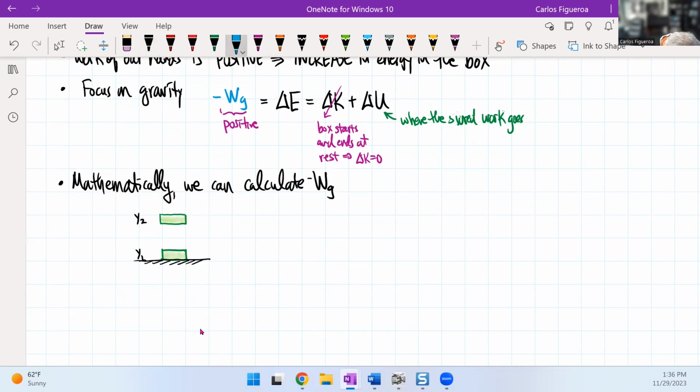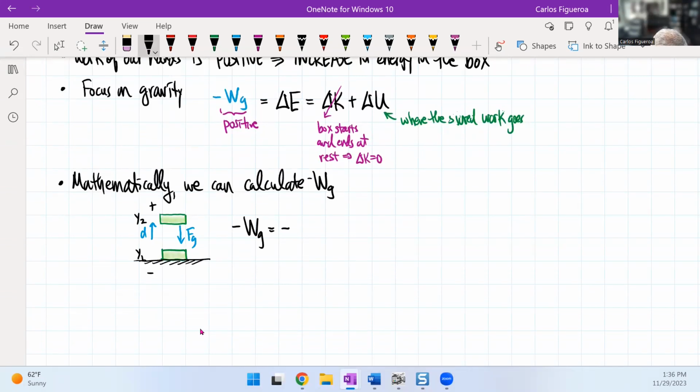If I look at this displacement with the force of gravity acting down, we could immediately say that the negative of the work of gravity has to be the negative, and then we have to calculate gravity here. If I make this my positive and this my negative sign, then